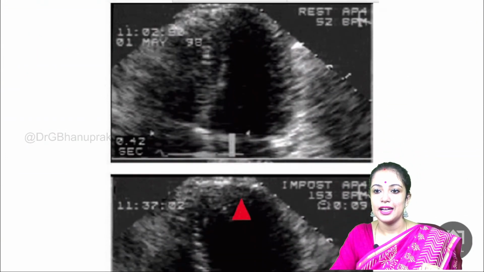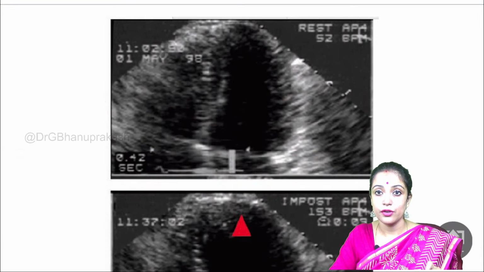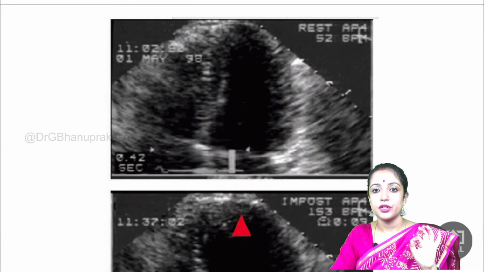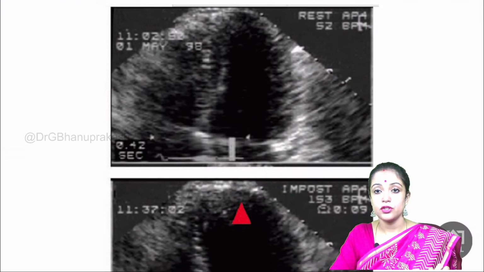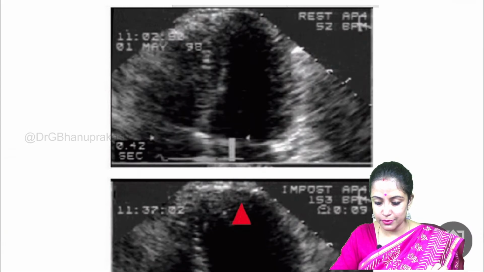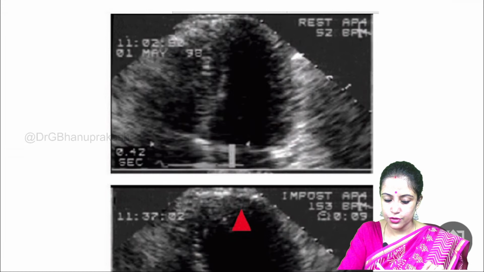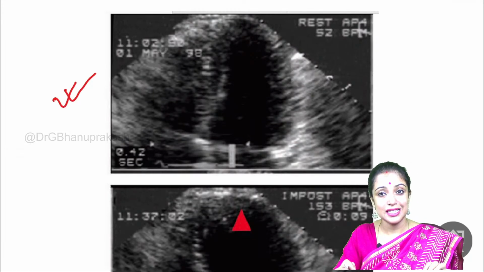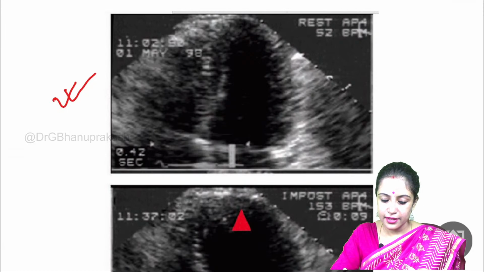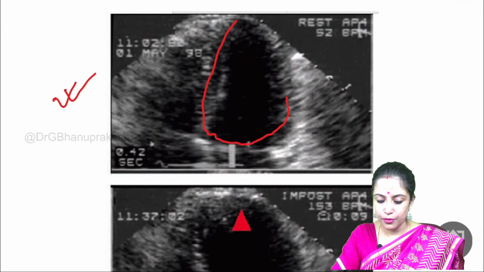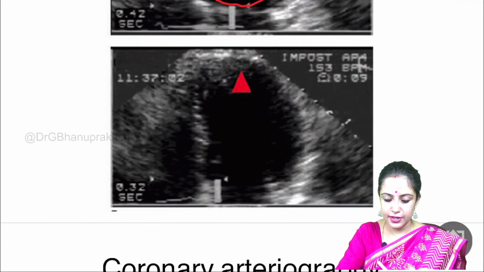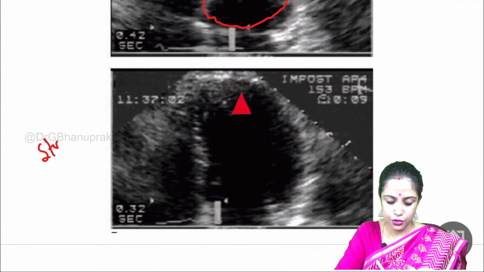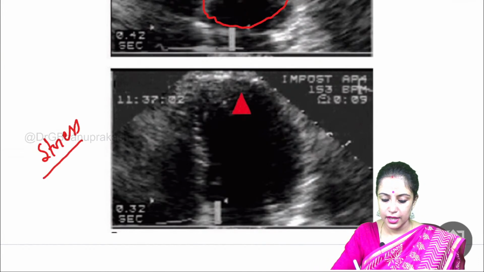So this is an echocardiogram image, pharmacological stress testing and doing an echocardiogram. This picture is taken from Harrison's Internal Medicine, the latest edition. This is at rest. Okay? This picture is taken at rest, and this is the left ventricle. Okay? This is LV. And this picture is taken during stress, pharmacological stress. This is again the LV.